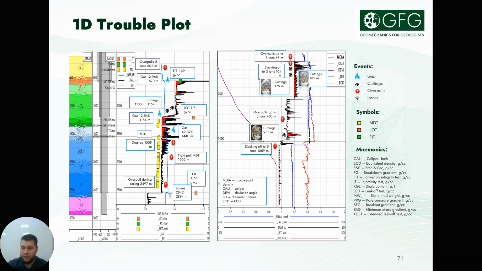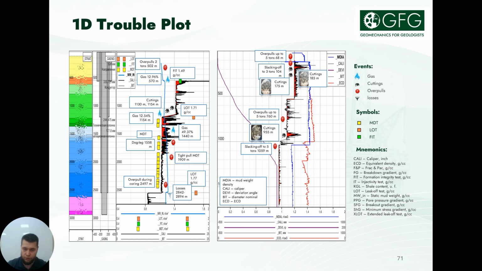This and the following slides are so-called trouble plots. These are plots of drilling incidents which show all major drilling incidents, including overpulls, stickings, losses, increased cuttings, etc. The trouble plots are needed to calibrate the geomechanical model and understand the depths at which these drilling events occurred. For convenience, the trouble plots are made in different forms, for example, this slide